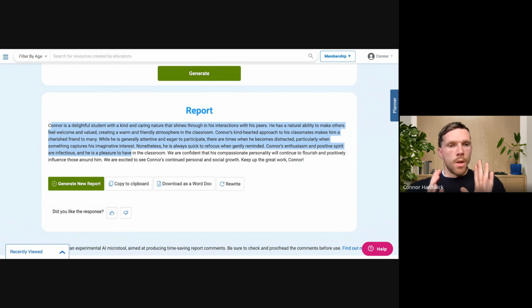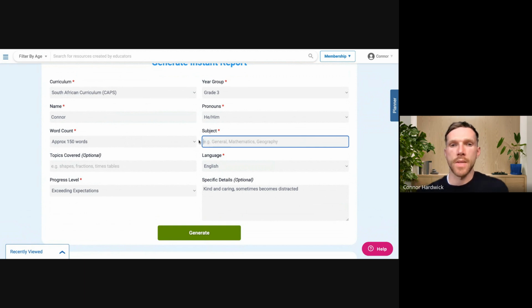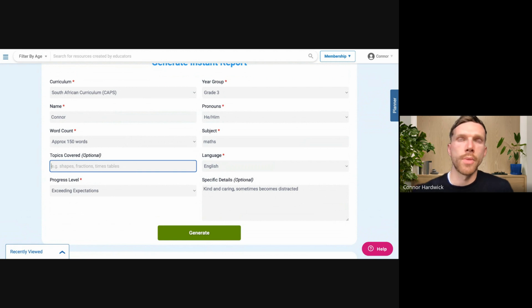Now, if we go back up to this, I actually want to write about this pupil again, but this time I don't want a general personality comment. Instead, I want a mathematics comment. I can type in maths and go to topics covered. This is optional, but